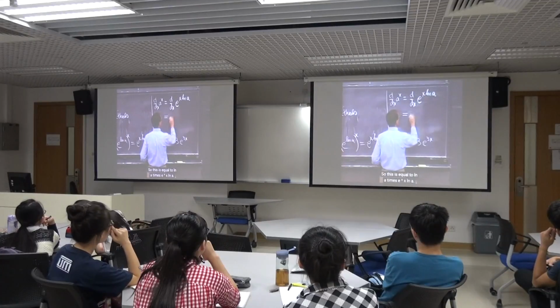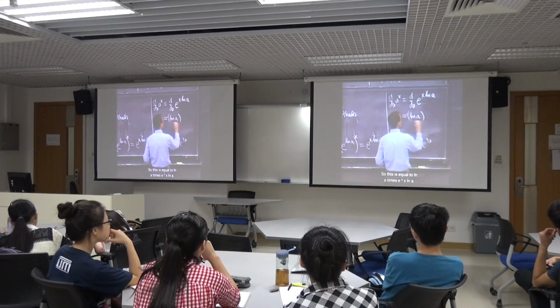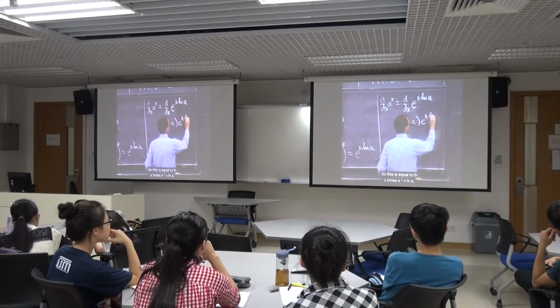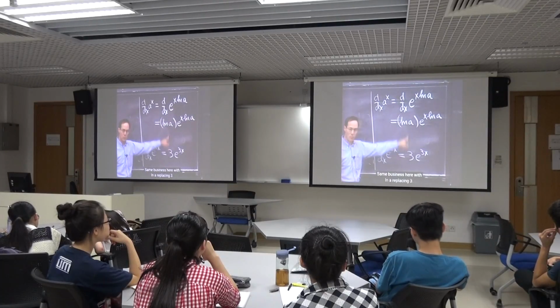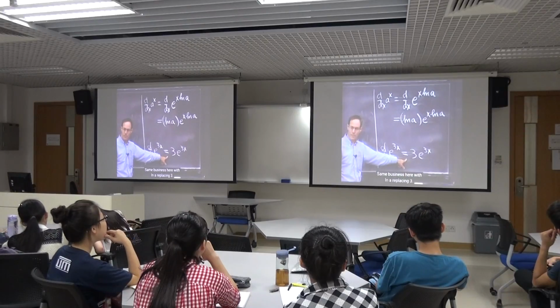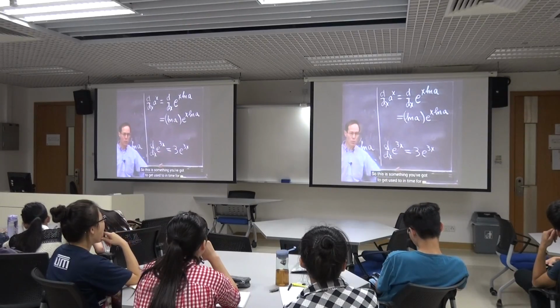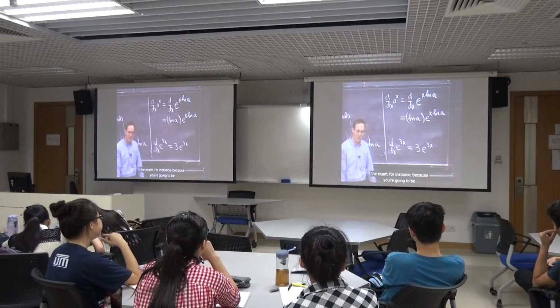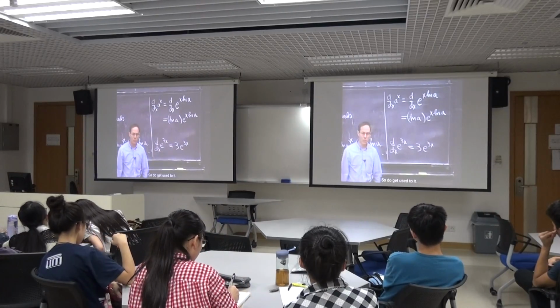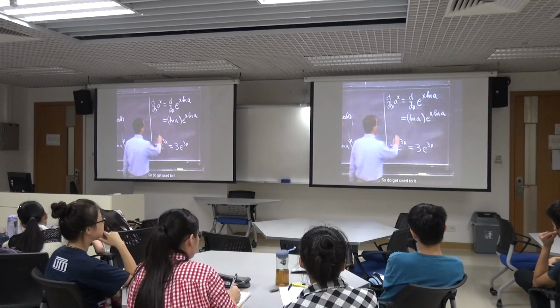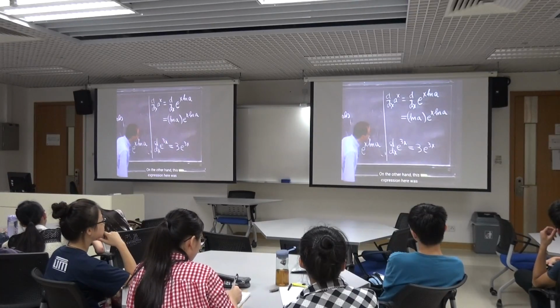So this is equal to log a times e to the x log a. All right, same business here with log a replacing 3. So this is something you've got to get used to in time for the exam, for instance, because you're going to be doing a million of these. All right? So do get used to it. All right, so here's the formula. On the other hand,